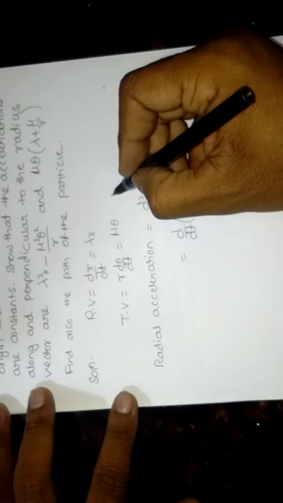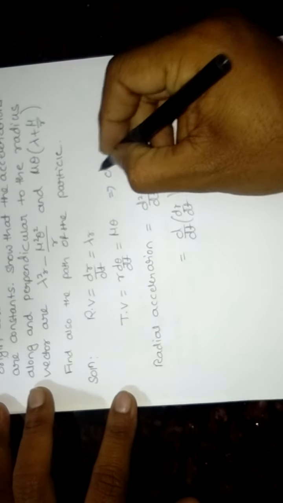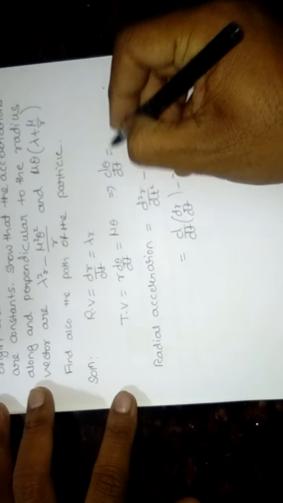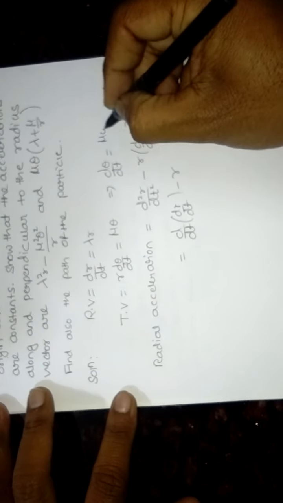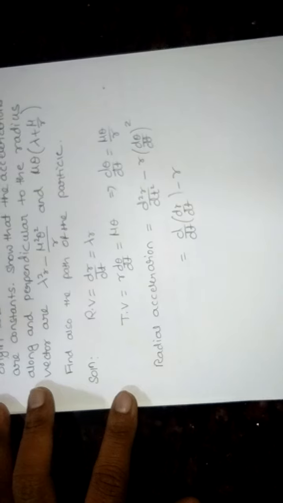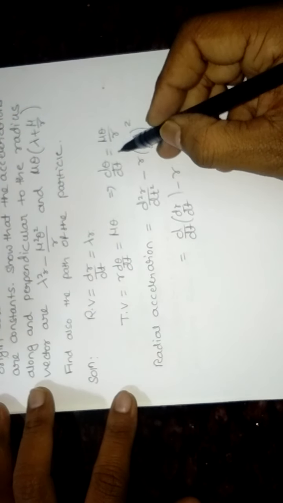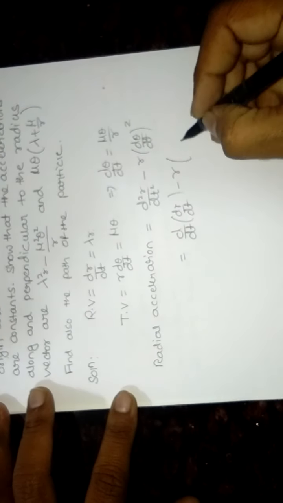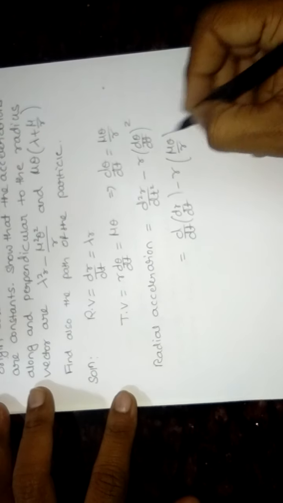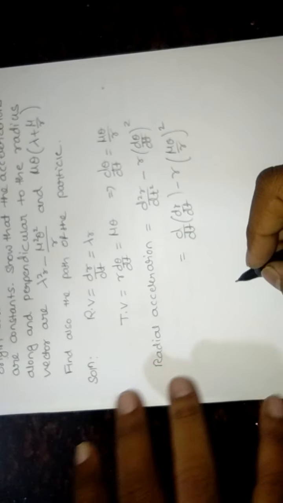Now from this expression, equate these two: d theta by dt is equal to, dividing throughout by r, mu theta by r. Okay, so now substitute this d theta by dt here. That is mu theta by r whole square,